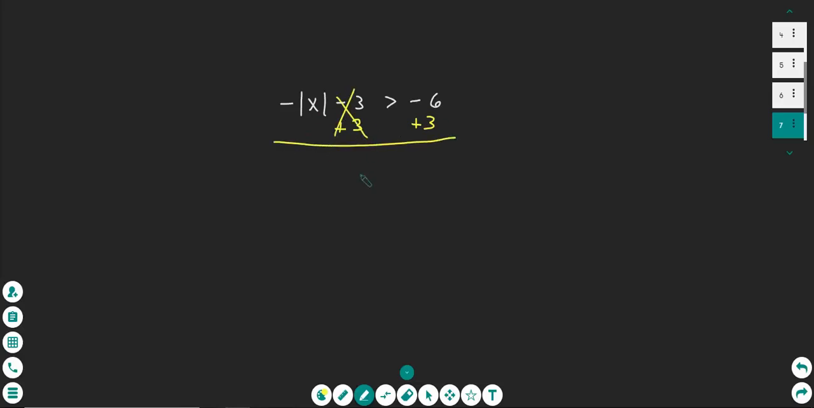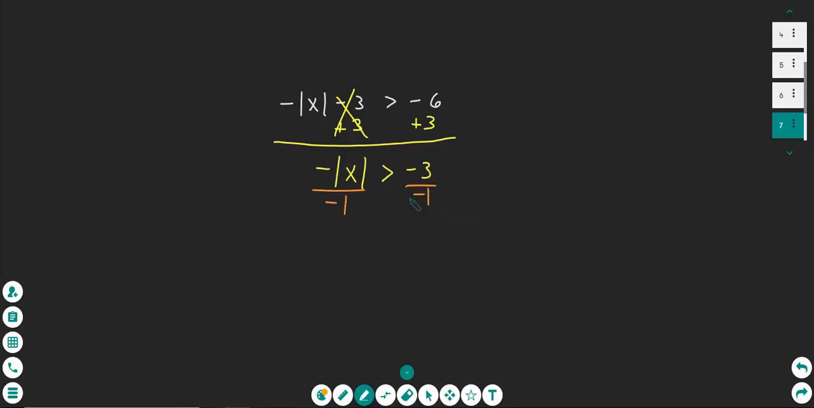These will eliminate, and we're left with negative absolute value of x. Now, this sign is not going to change because I didn't multiply or divide by any negative number, so it's going to stay the same. Negative 6 plus 3 is going to be a negative 3. Now I can divide out that negative